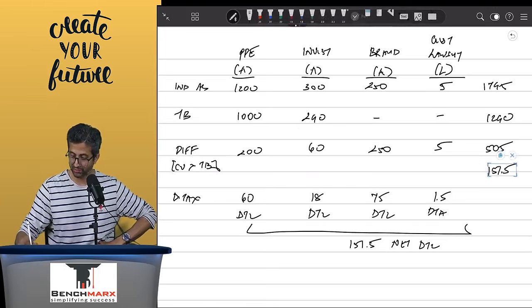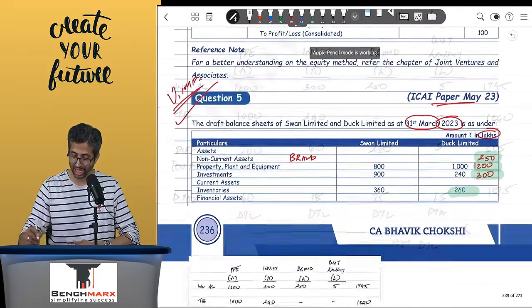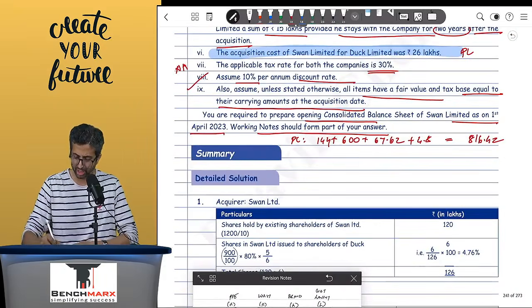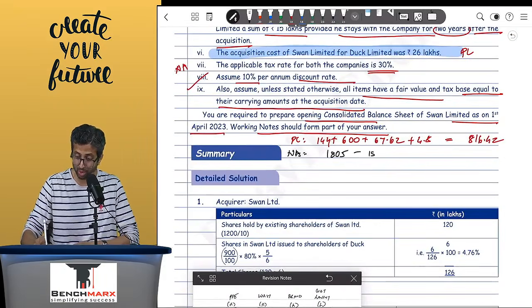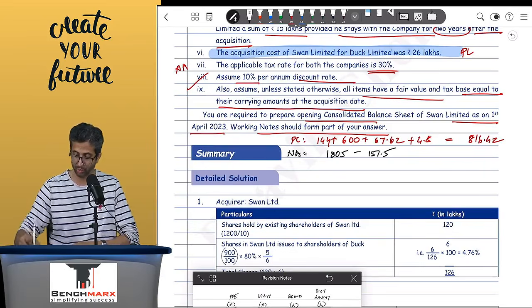So if it is a deferred tax liability, what do we do? Do we add or subtract? Sir, we subtract, and hence we calculate a deferred tax liability over here, and we find the net assets. So if you were to find the net assets taken over, this is 1805 fair value minus 151.5, and you are left with